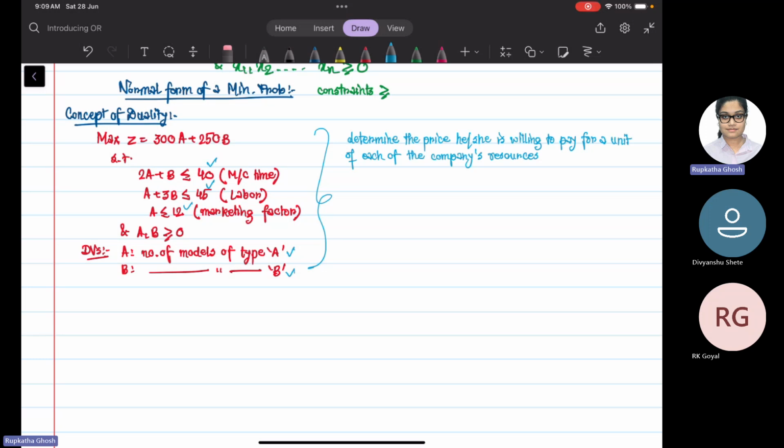So in this case, your decision variables are what? Let's say it is U1, where U1 is the price to be paid for one unit of labor resource. U2 is the price to be paid for